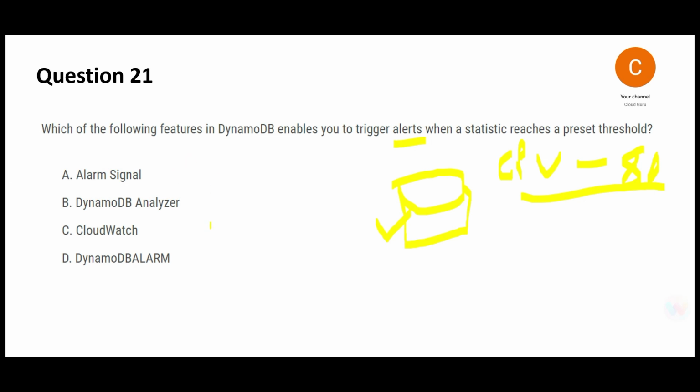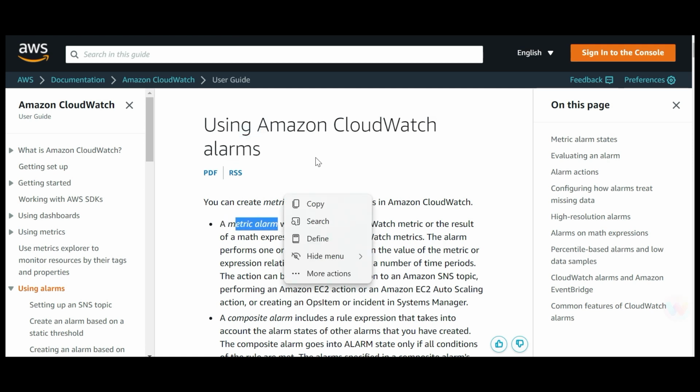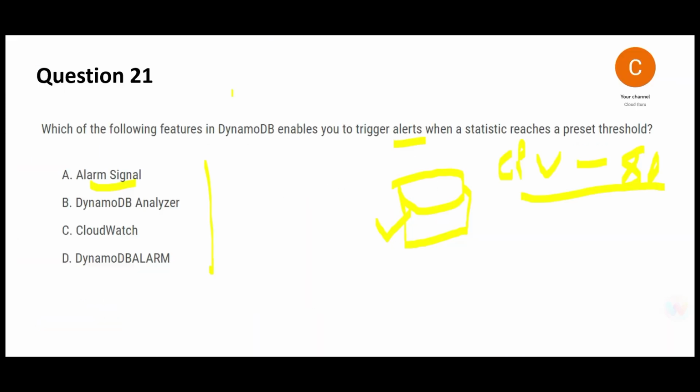Okay, and what you have to use here, let's look at what is alarm signal. See, I could not spot anything which is talking about alarm signals. There is only one service, CloudWatch Alarms, which can be integrated here. You don't believe me? What will happen is you can set a metric alarm. The metric may be on CPU utilization, and then you can do whatever you want to send alerts. So A is incorrect.